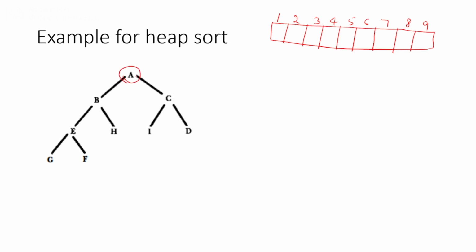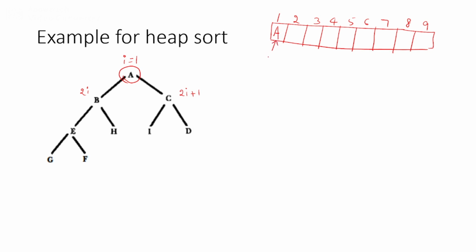Now I will select the first element, which is nothing but the root element. I'm going to give the value for the root as i. This element is 2i, and this one is 2i plus 1. When I take i as a parent, its left child will be 2i and its right child will be 2i plus 1. I am going to assign i to 1. That means I am going to allocate node A in position 1, with i equal to 1.